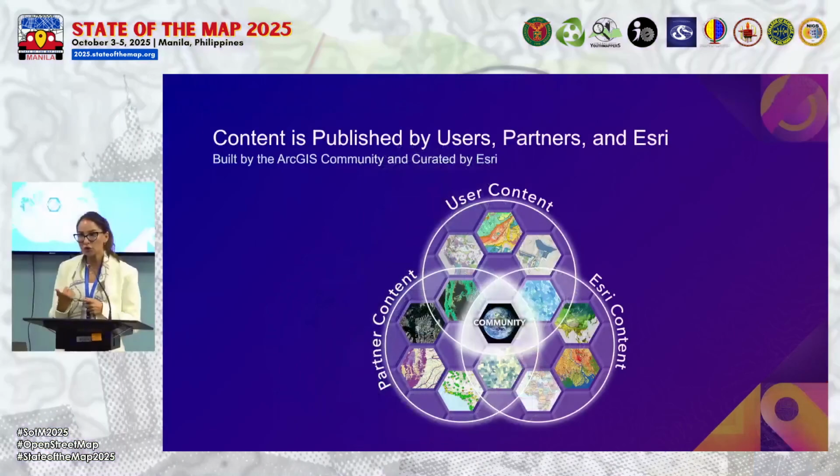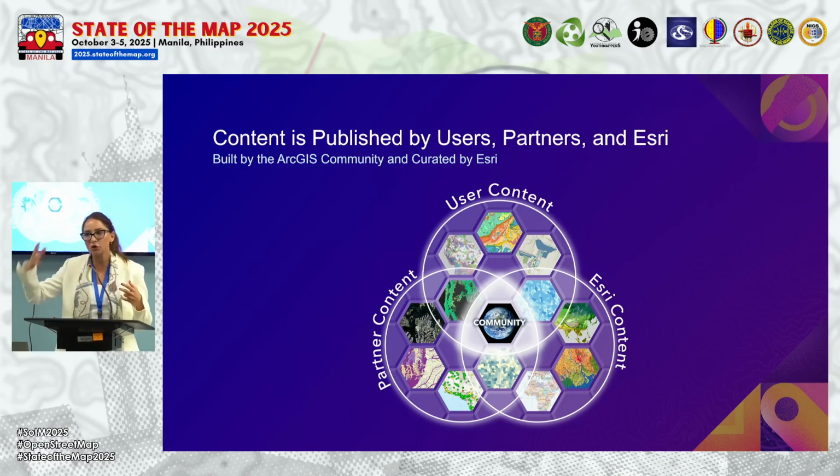So where does this rich, high quality content come from? We have a user community. So any one of you can nominate your content and share it in the Living Atlas. We have a creation process at the back end where we look at the quality checks and everything and then share it in the Living Atlas. And it also comes from Esri distributors and our teams within Esri that we process the data. And also it comes from our partners.